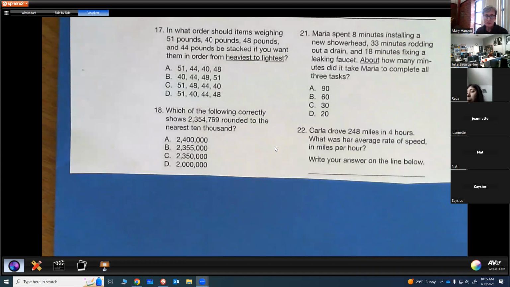Typically I'll start the class with a warm-up with just 3 or 4 problems. They won't necessarily correlate to what we're working on, because I was getting a lot of feedback from students that we work so intensely on certain topics and then you kind of lose practice on some of the older topics. So I'm just picking random sample GED type questions for us to take a look at the beginning to keep some of those other topics fresh. So as we look at number 17,